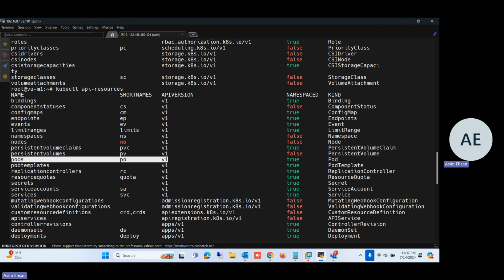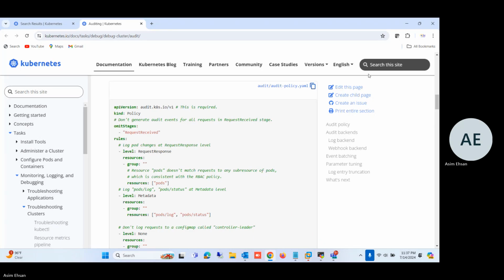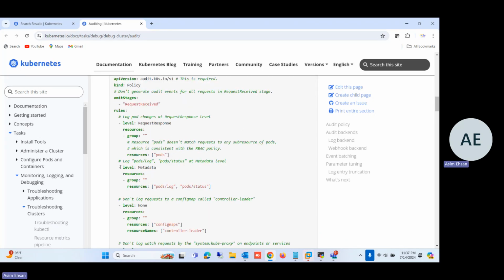It does not contain any group. Similarly here, the request response means whenever we write the query kubectl get pods,